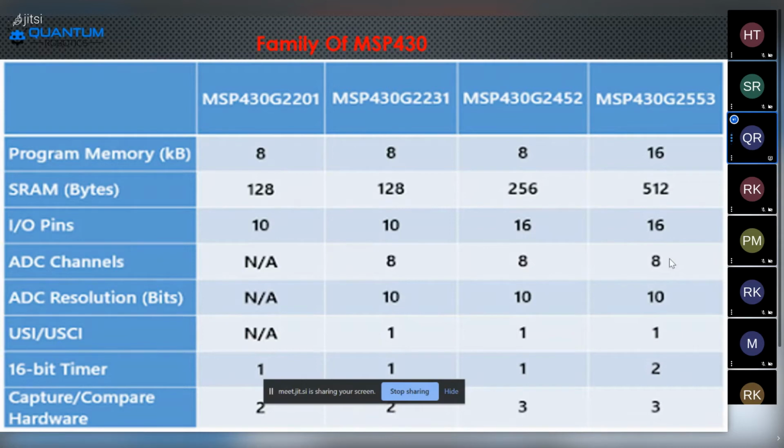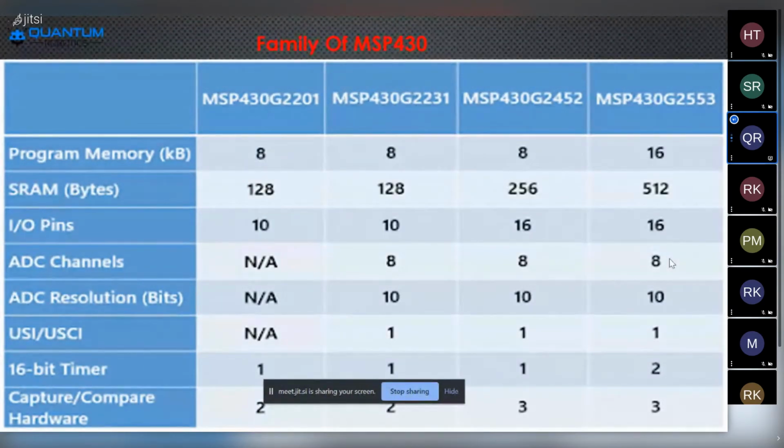You can see the MSP430G2201: the program memory is 8 kilobytes, and the SRAM is 128 bytes. How much program memory is there? 8 KB.